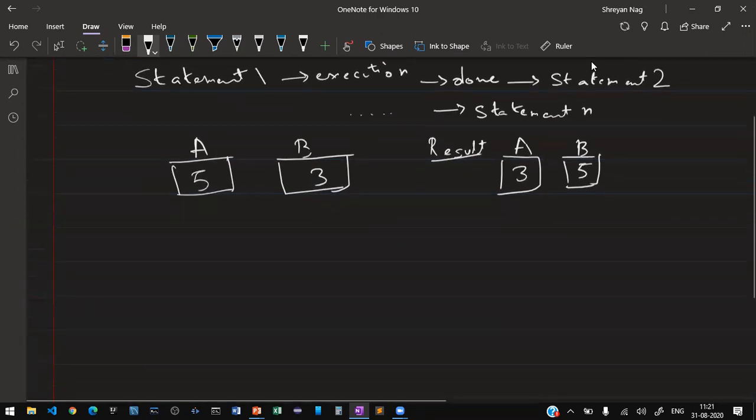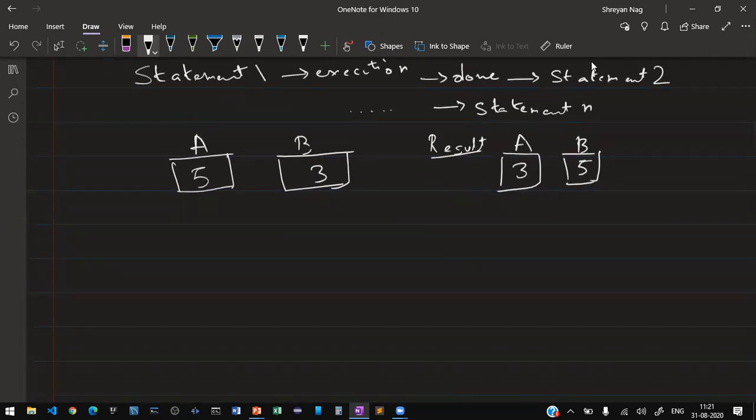First of all, we take a third variable called temp, and store the value of a in it. So now temp has 5. Now we put the value of b in a, so a is now 3.